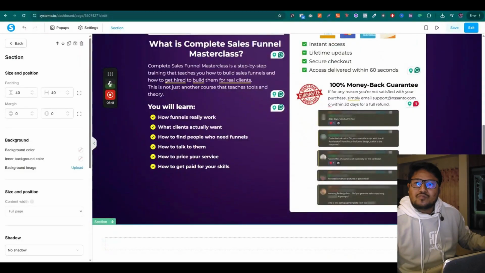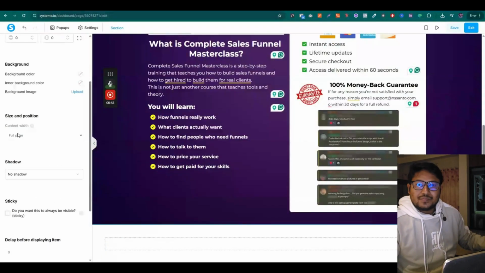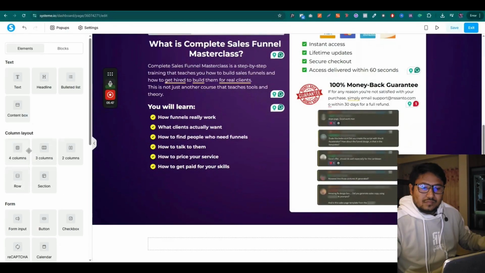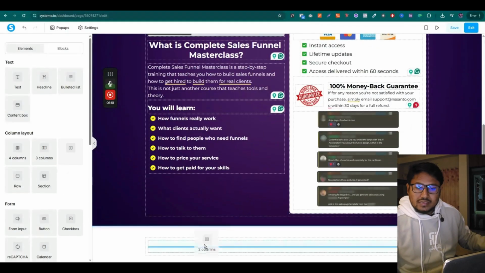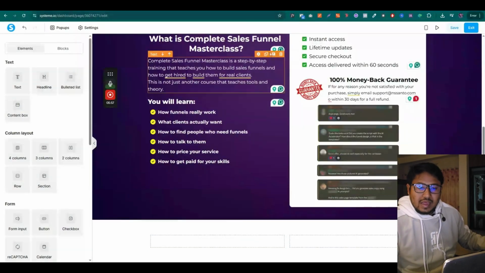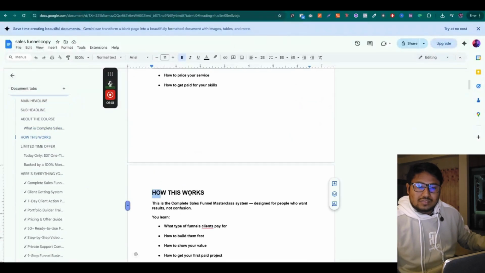Now let's move to the second section. I drag and drop a new section. Then I select the section settings and make the container size white. After that, I drag and drop two rows. Now I copy the text and paste the text how this works,